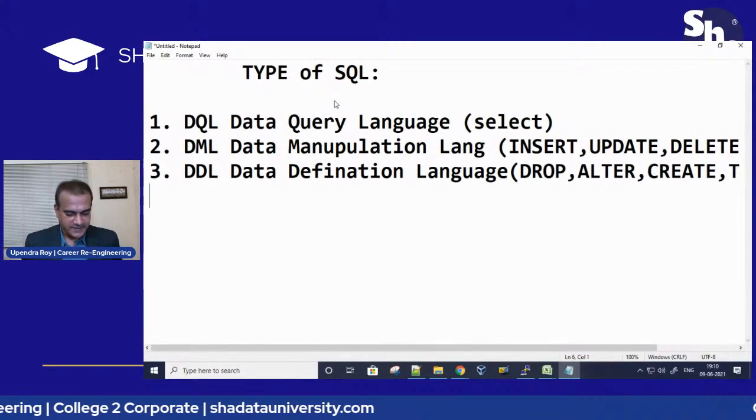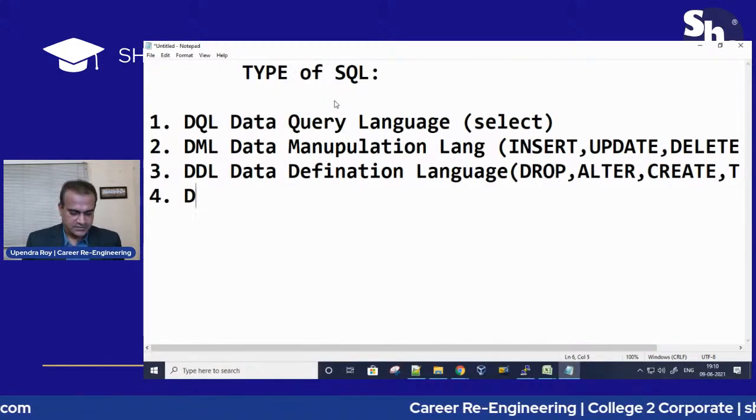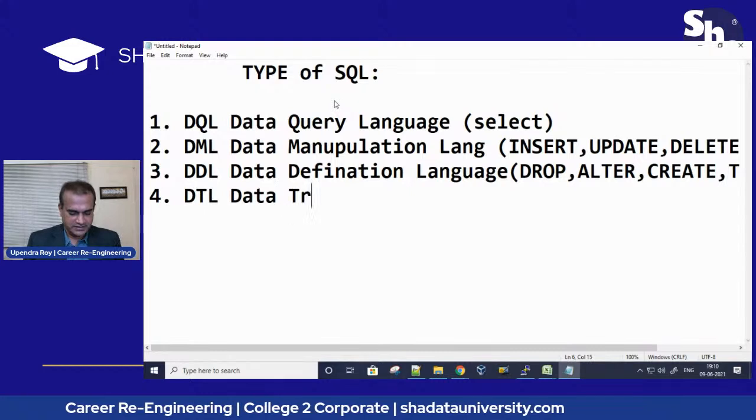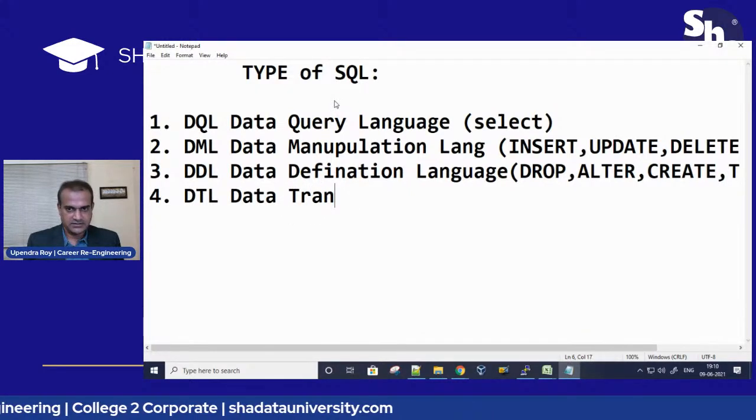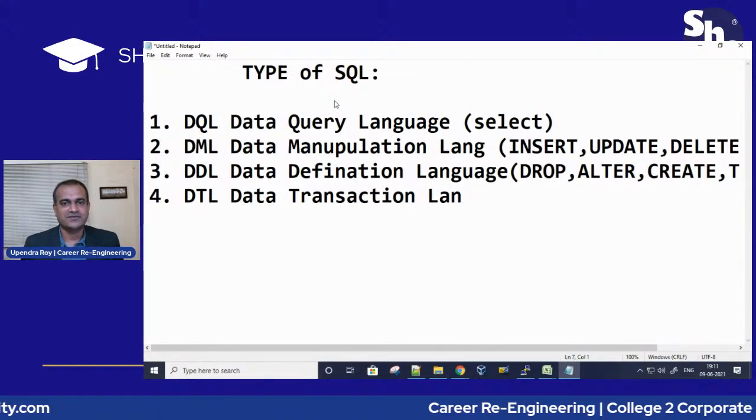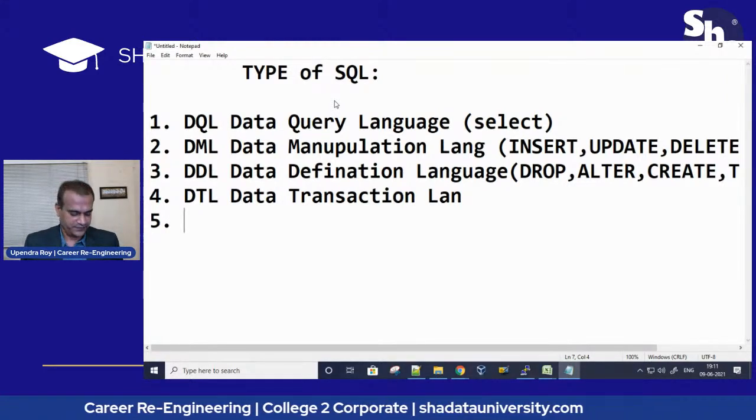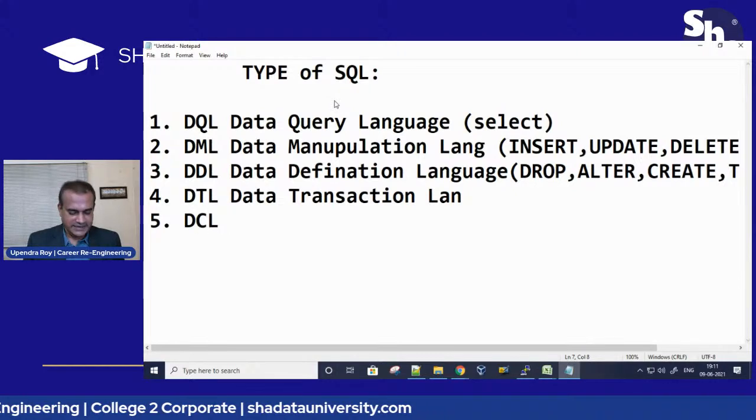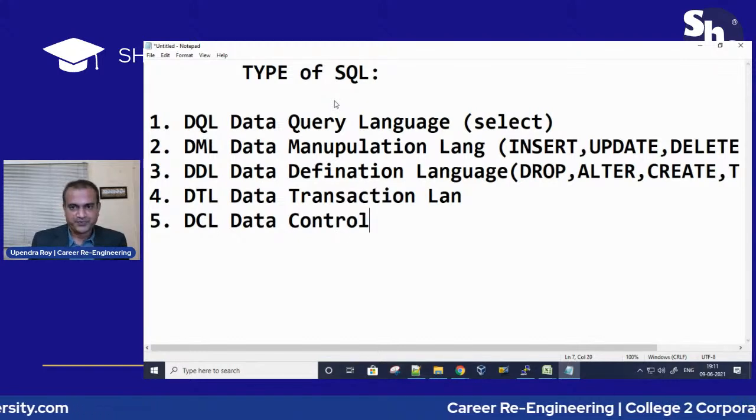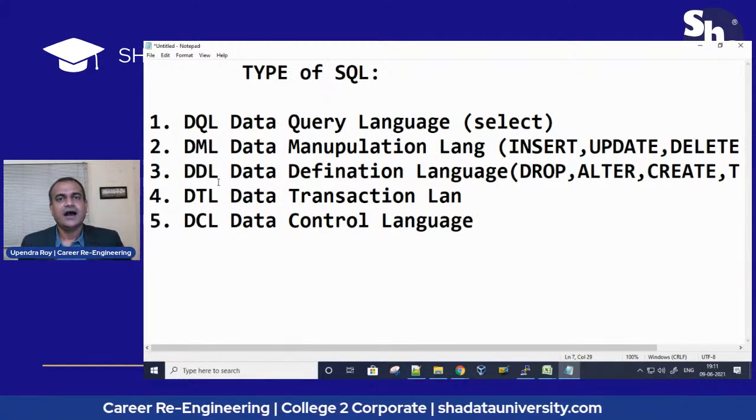What else? Then DTL, data transaction language. What else? DCL, data control language. So out of this,